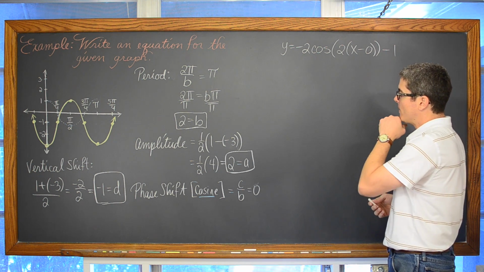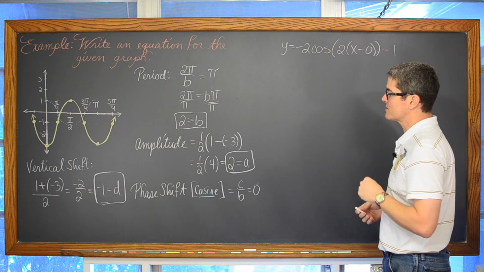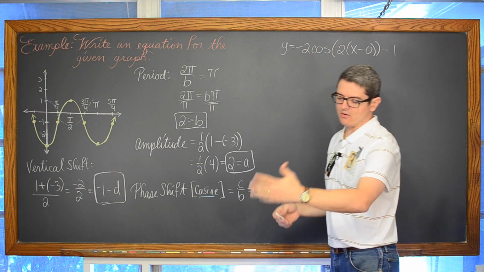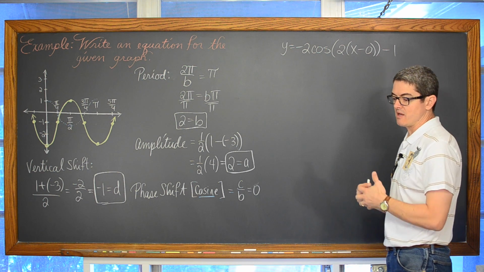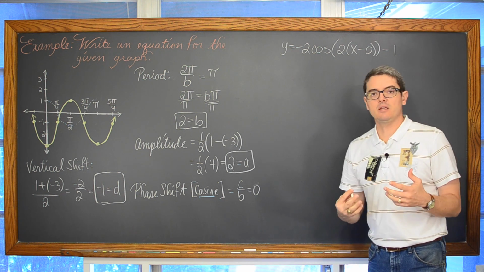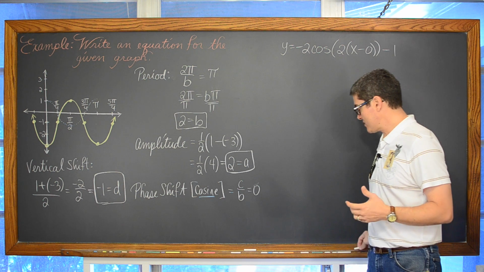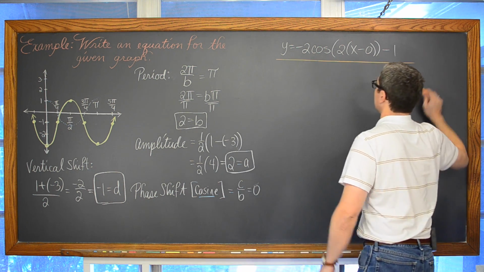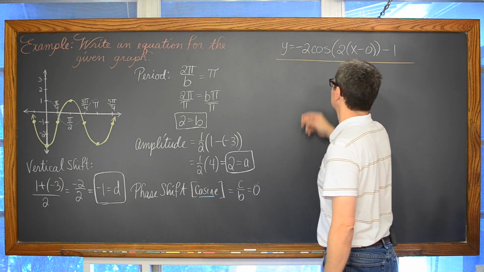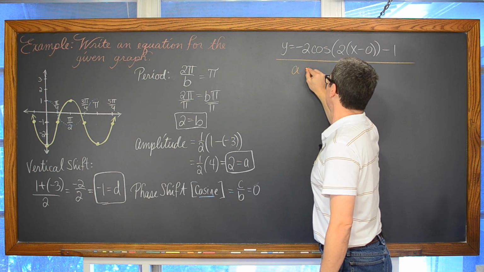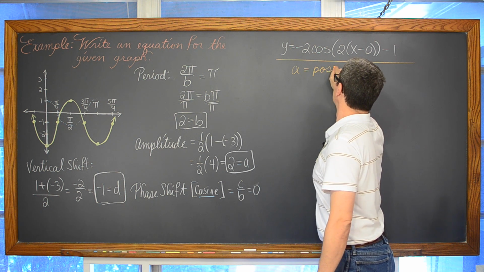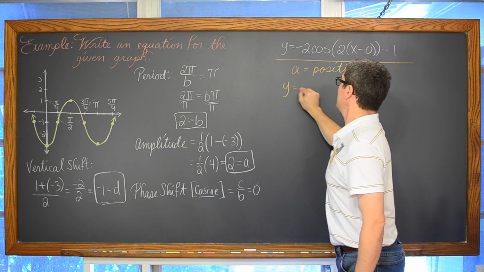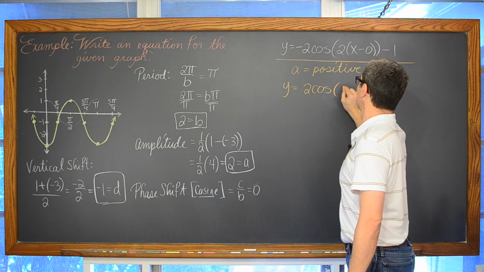Okay, now another version of this. There's all kinds of different answers, but just to stay consistent with that, what if the directions in your book said that you had to have a positive a? So this is one possible answer, but my a coefficient is negative. Well, what if the directions said a must be positive? And I kind of already gave away that answer, but y is equal to 2 cosine of